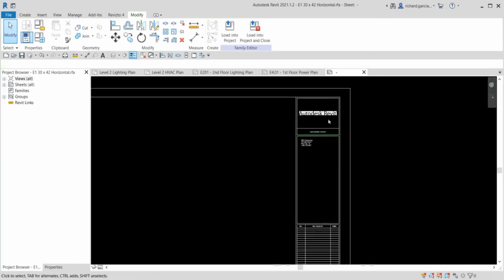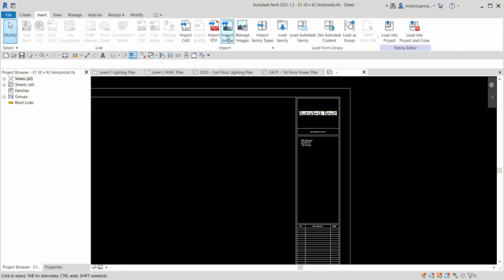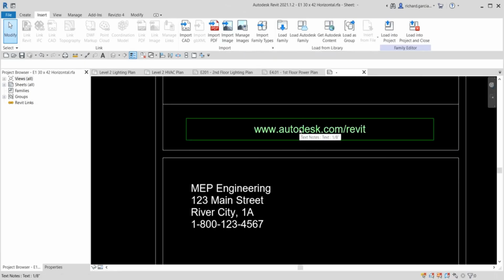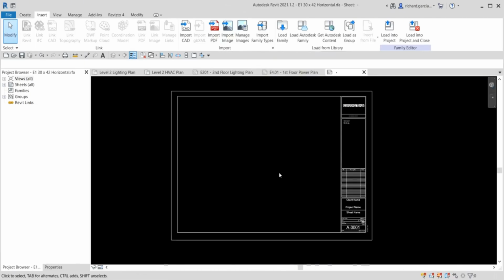Again, if you want to modify this one, if you want to put the company logo, you can just remove this, and then go to insert, and import an image here. You can just change that one, and then you can put the email address of your company here or the website. All right. Now, anyways, after editing your title block, the next thing that you need to do